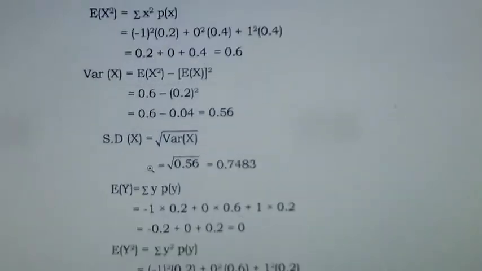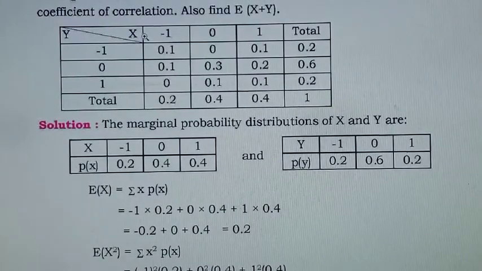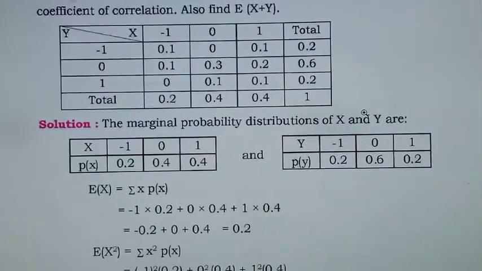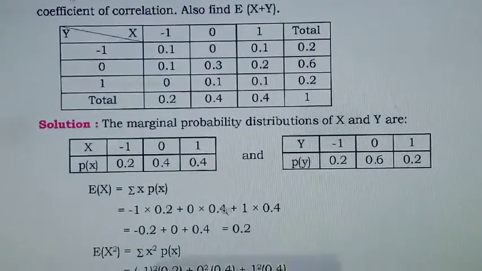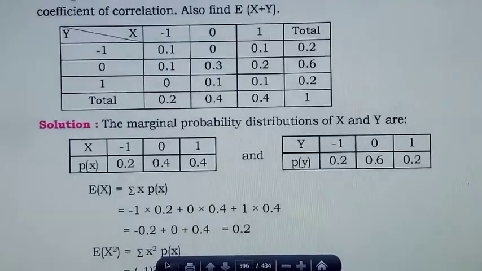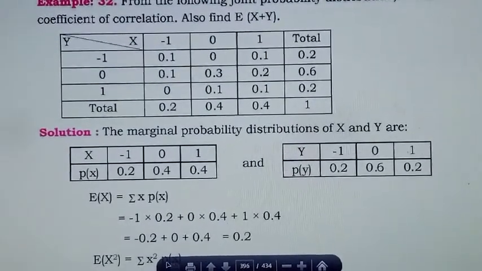Very simple question. The only thing is, from the table you have to derive the marginal function of x, using the x values minus 1, 0, 1 with the totals, and then y minus 1, 0, 1 with these totals. So divide that into marginal probability distributions of x and y. Using this you can calculate expectation of x, expectation of x square, expectation of y and expectation of y square, and then variance of x and variance of y, standard deviation of x and standard deviation of y, and